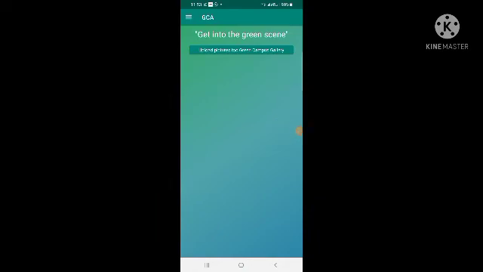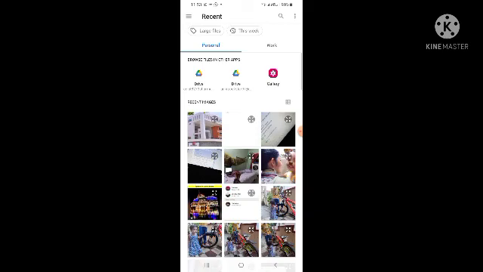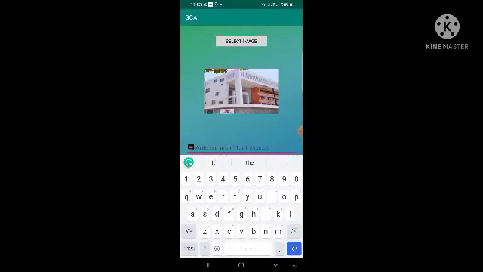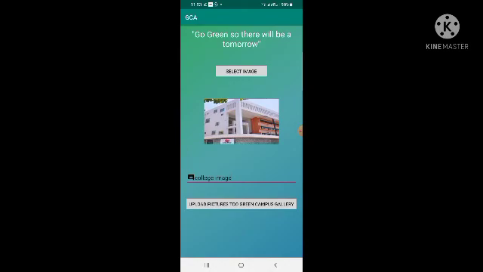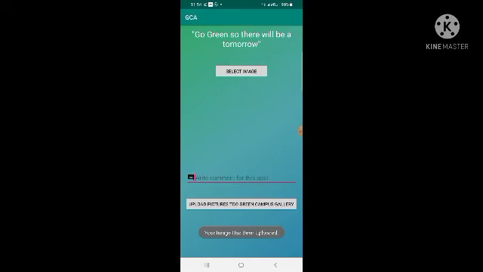now we will go to upload pictures, select image, image selected. Now we will post. It shows an alert box saying your picture has been uploaded.